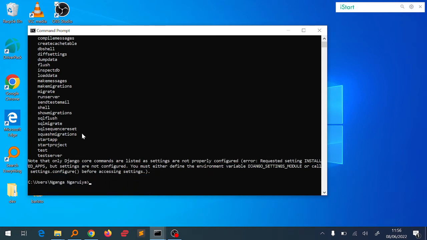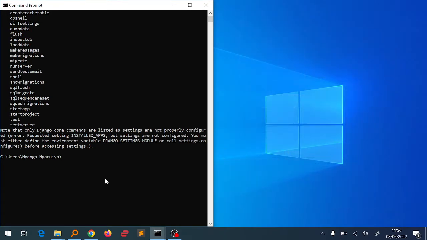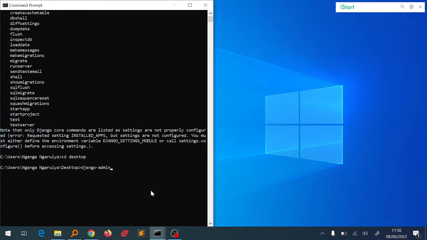So we are going to start a Django project using this specific command here, and we're going to place it on the desktop. So we'll write cd, which is change directory, to the desktop, from the user Ngaroya desktop. Enter. Now we can use django-admin startproject,